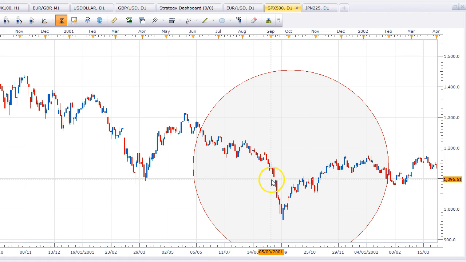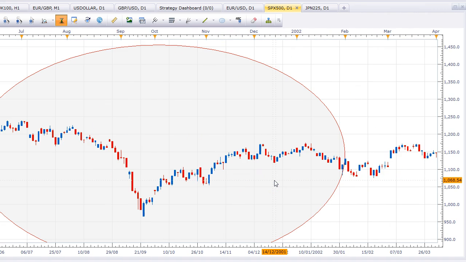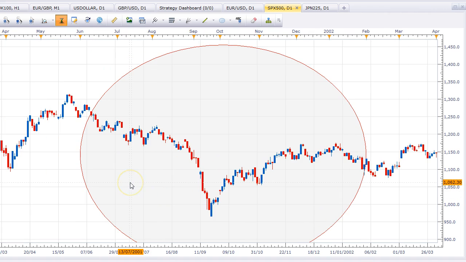So at this point, you notice that the 1,100 price comes into play again, and price then gaps below it and continues down all the way to nearly 950. So that's a fair gap, 150. I'm just wondering, at this point, what any of us would have done the day before the September attacks, because we were getting back down to this level.